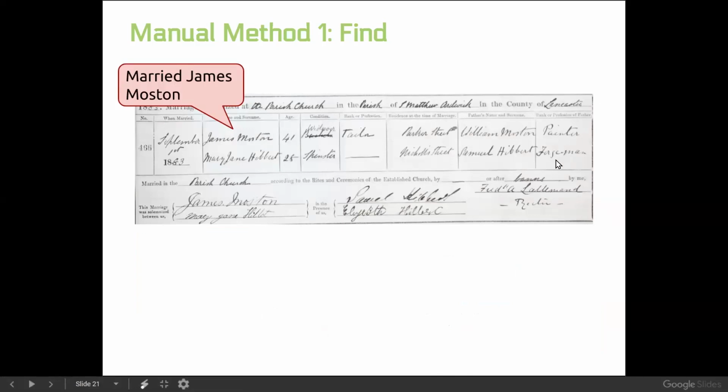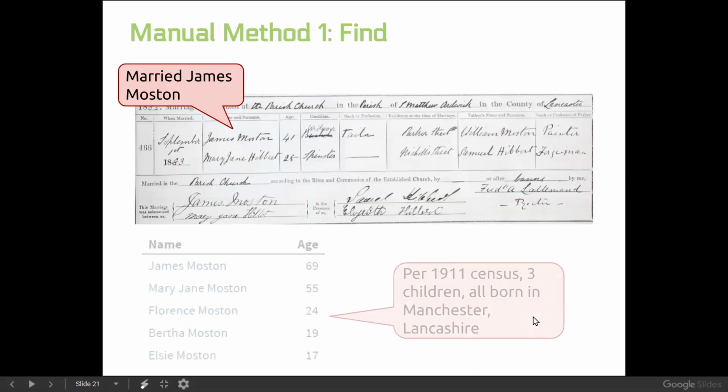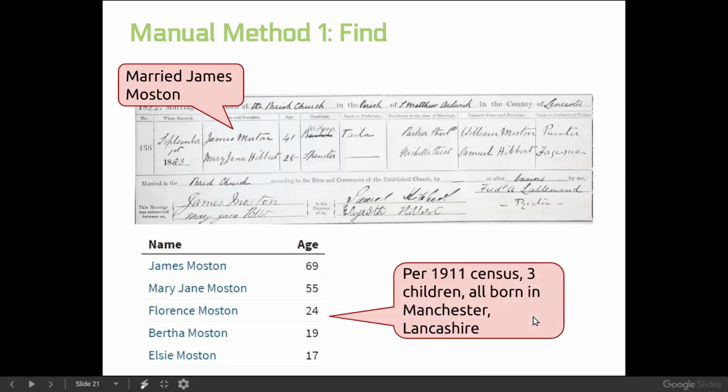And so I was confident that this was really her husband. We really had found James Mostyn. And then as I continued researching, and I have simplified this for the sake of example, so we're only going to look at one census, but in the 1911, they've got 3 children, Florence, Bertha, and Elsie, and they're all